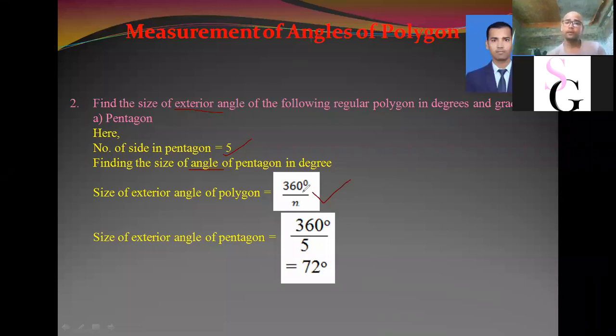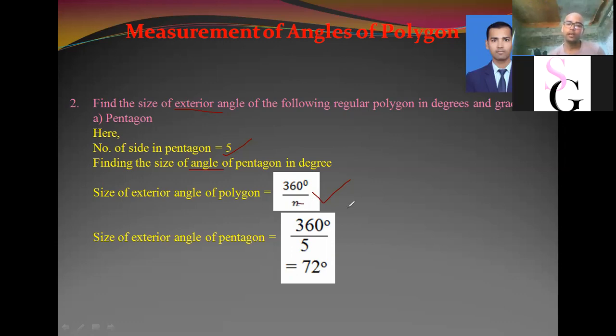This is the formula that we need to apply to find the exterior angle of any polygon, but the polygon should be regular. That means if the given polygon is a regular polygon, then we can apply the formula to find the exterior angle. So, according to the formulas,